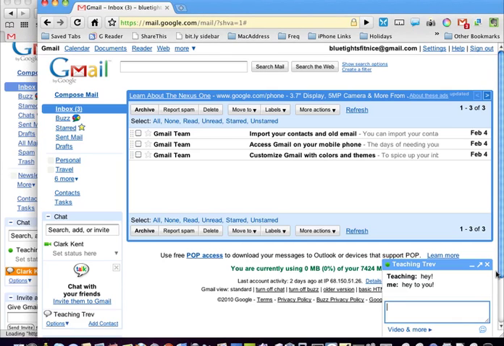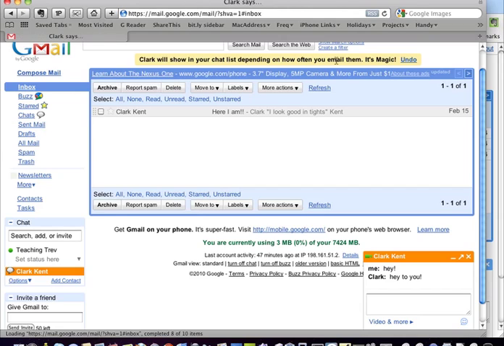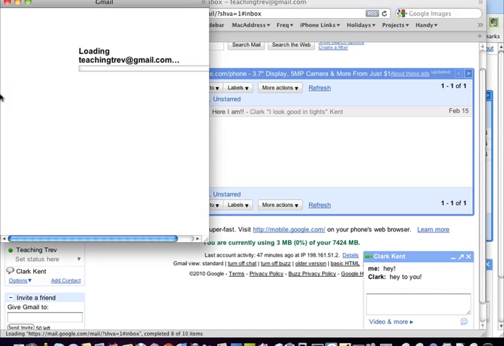Now it's not going to work because obviously I'm using the same computer, so I can't do two video chats at the same time. But what would end up happening is this plugin allows me to go and contact Clark. If he's got the plugin installed, we can actually take this window here and start having a complete conversation. The nice thing about this window here as well is I'm going to pop this up. This now becomes a separate floating window.